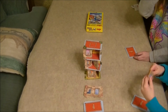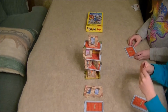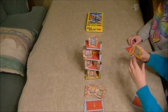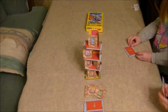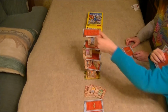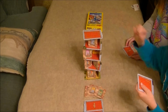I'm going to place this wall here. Yep, you got to get the right card. And this card here. Okay. And put this card on top. So that's another one you get to play twice. So you get to place another card on top of that. Okay, so